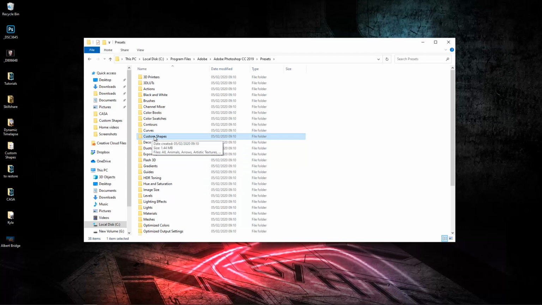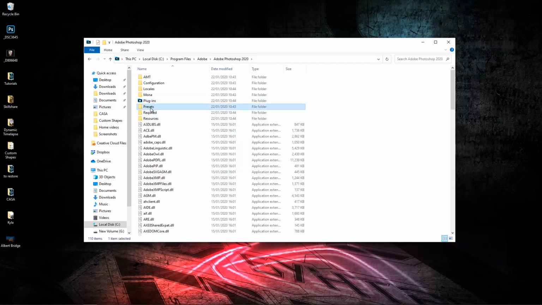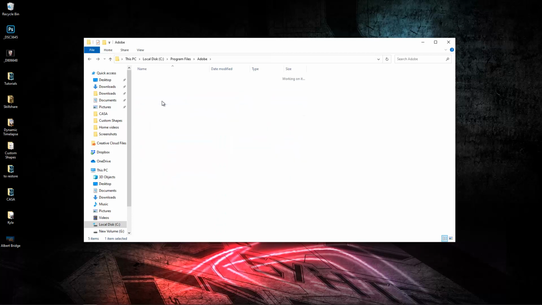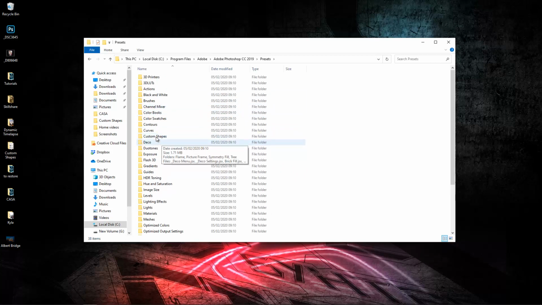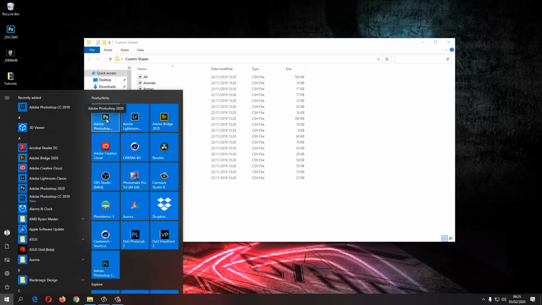So all you have to do is copy this folder into the Photoshop 2020 presets, because as you can see, it doesn't have that. But if you don't want all of the old shapes, all you have to do is very simple. Copy the folder, so back to presets, copy the folder custom shapes somewhere. In my case, I've got it on my desktop, and I'm going to open Photoshop 2020,